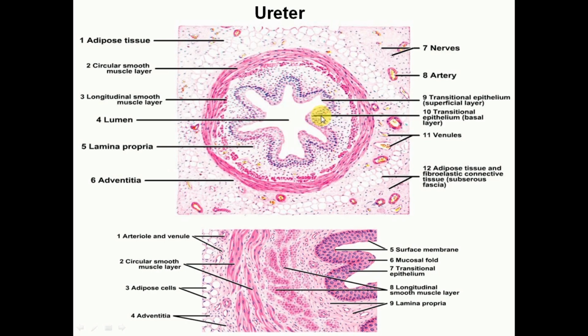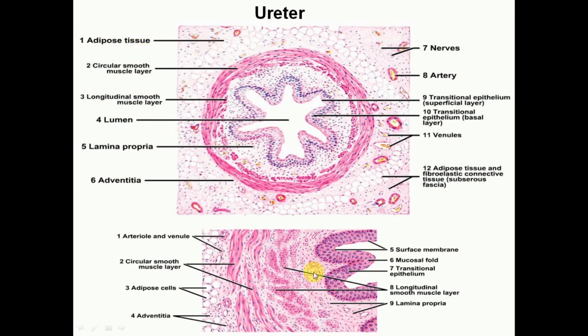Also, only the basal cells rest on the basement membrane, whereas the cells in the successive layers do not reach up to the basement membrane. And deep to this there is a lamina propria, as we can see here, that is a dense irregular connective tissue, and the epithelium is separated from lamina propria by basal lamina. Outer to it we can see the smooth muscle layers. There will be inner longitudinal and outer circular layers, and outside there is a fibrous coat known as adventitia.